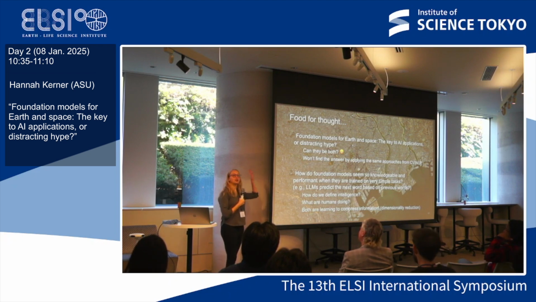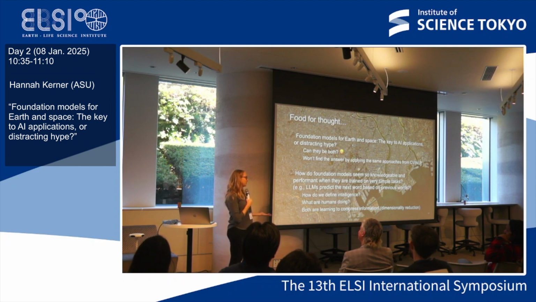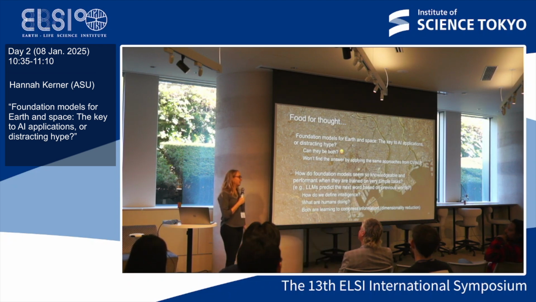Another more meta question for people to think about is, some of you might be surprised that all ChatGPT is doing is predicting the next word. And you're like, how are these models gaining such seemingly complex or sophisticated understanding when they're trained on such simple tasks? And then I just ask a question back to that, which is, what is intelligence? What are humans doing? Are we just predicting the next word?